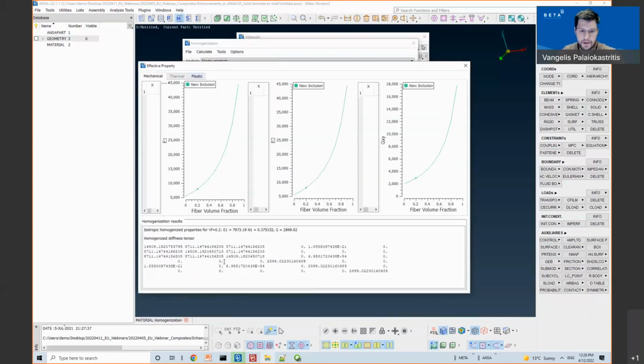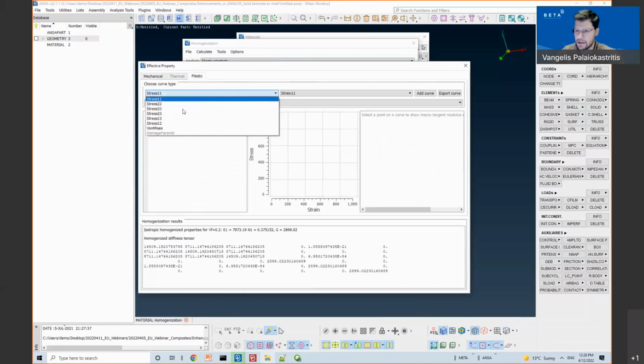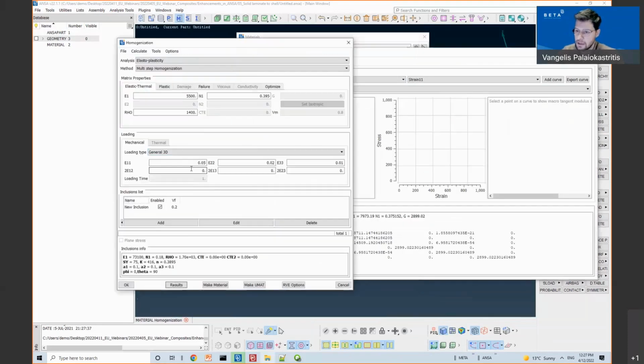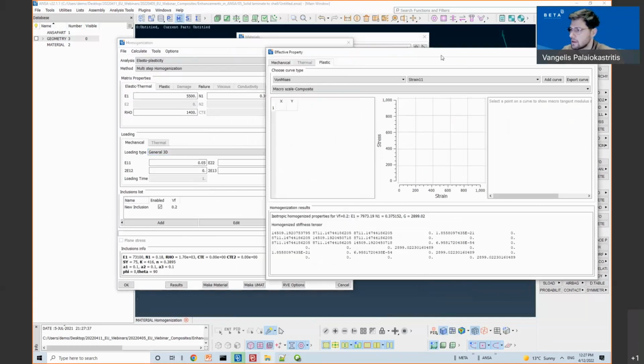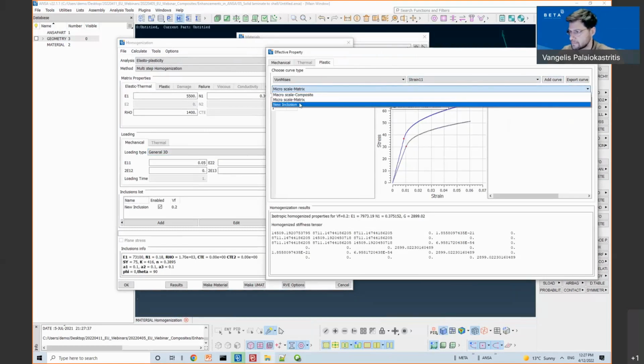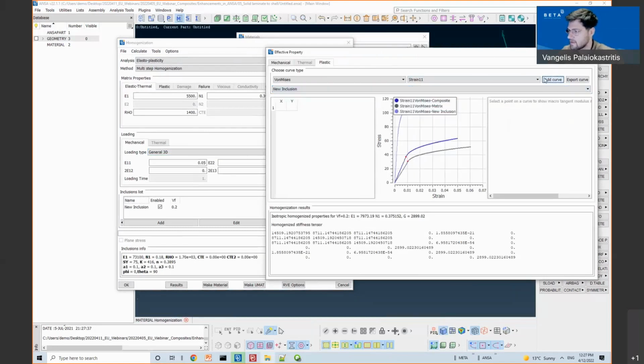These are the linear results. And if I switch to plastic, I can also see the plastic results. So I will plot here the von Mises versus the strain that I have specified in the loading. So this is the composite, this is the matrix, and this is the inclusion.